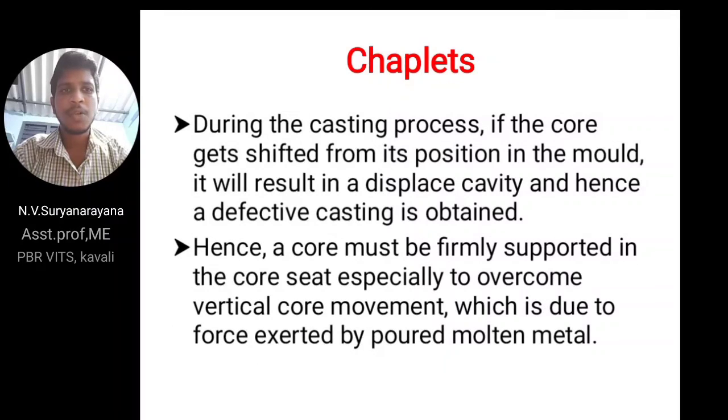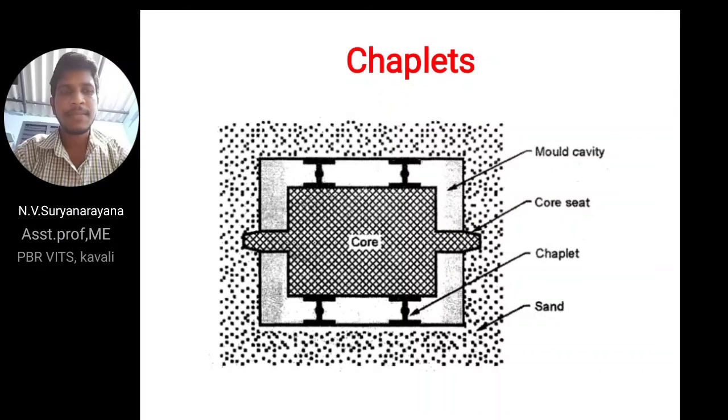Hence, a core must be firmly supported in the core seat, especially to overcome the vertical core movement, which is due to the force exerted by the poured molten metal. For that reason,